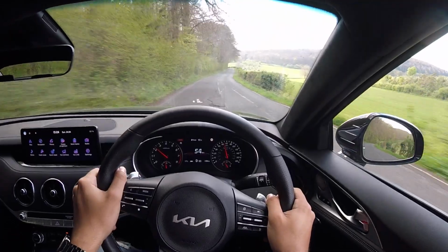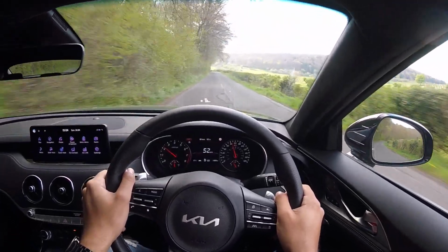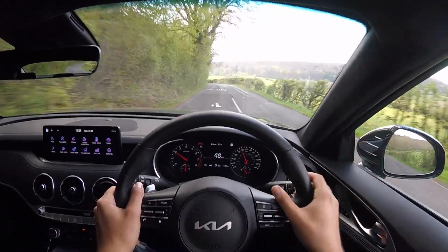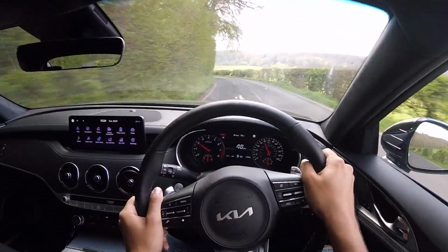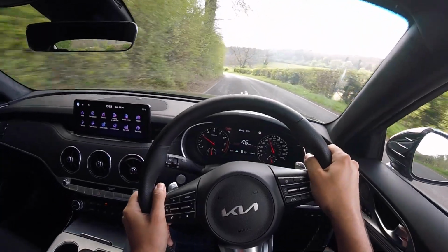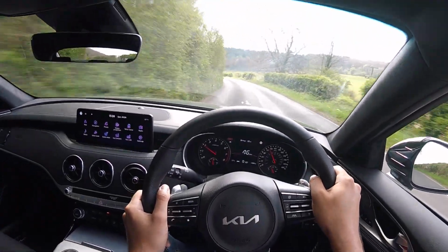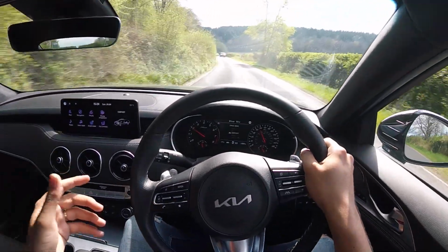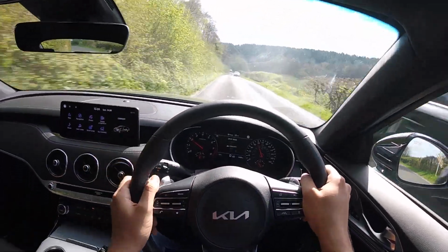Another thing that is smooth is the ride. I know I hit a bit of a divot there, but I do have the car in sports mode. But even so, the ride is still lovely and compliant, and if you do want more comfort, you can of course slip it into comfort. This car has got adaptive dampers,